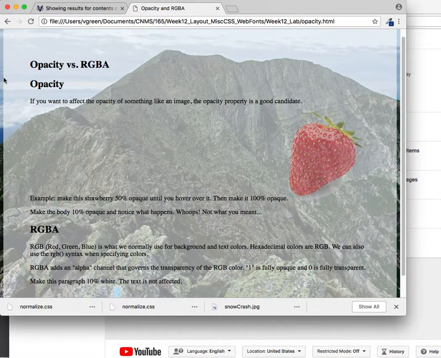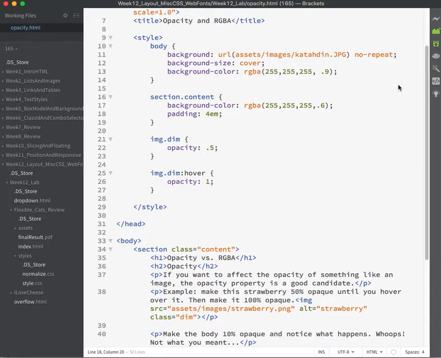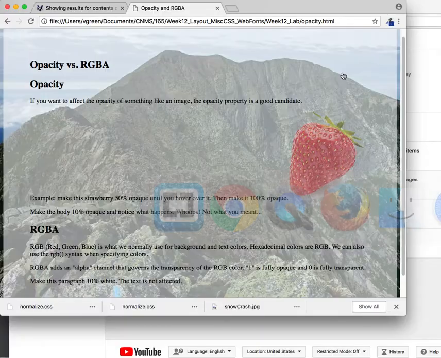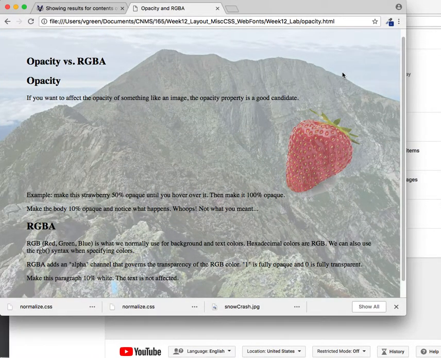What I'm seeing here on the sides of my page are default body margins. We would not be seeing these if I had applied a normalize.css style sheet. Because I have not linked normalize.css, I'm just going to take the margins off by hand so you can see what I mean. So if I set the margin to 0 on the body, now I have the same situation